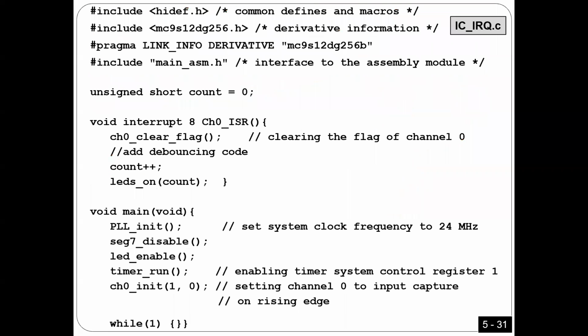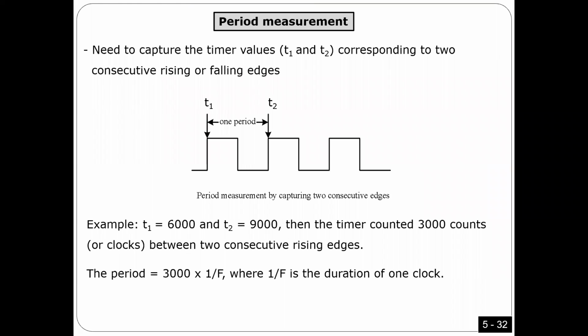Anyway, so this is the C language program. I'm going to talk about it, and then I'm going to see the next program. In the next program, I'm going to teach how you can use input capture to measure time, right? And I already explained the idea. The idea is that I need one interrupt here, and I need another if I want to measure the time. For example, if I want to measure the time from here to here, what do you need? I need 3 values. The first value, what was the count here? Count 1. Number 2, what was the count here? Count 2. Number 3, how many overflows?